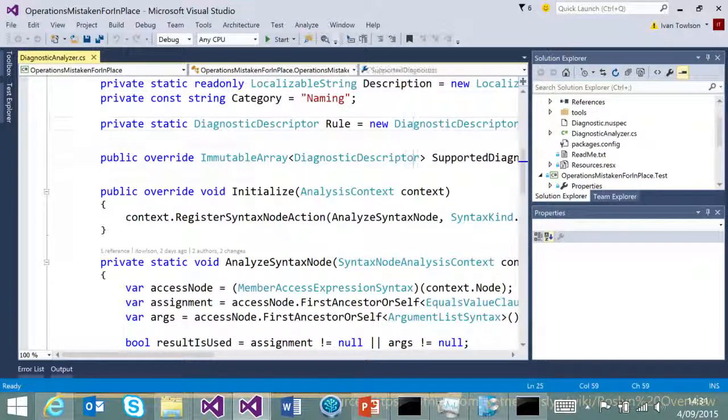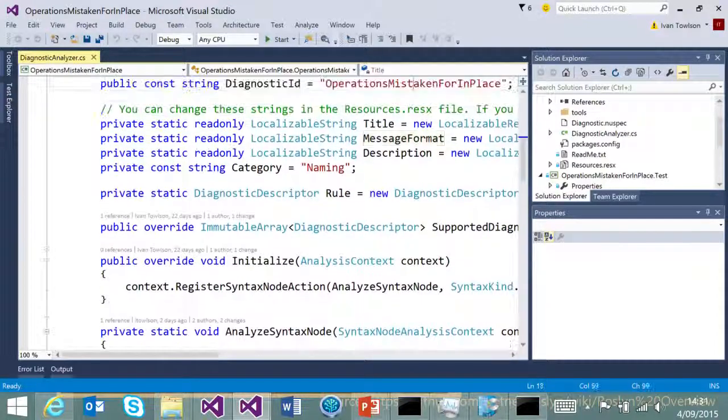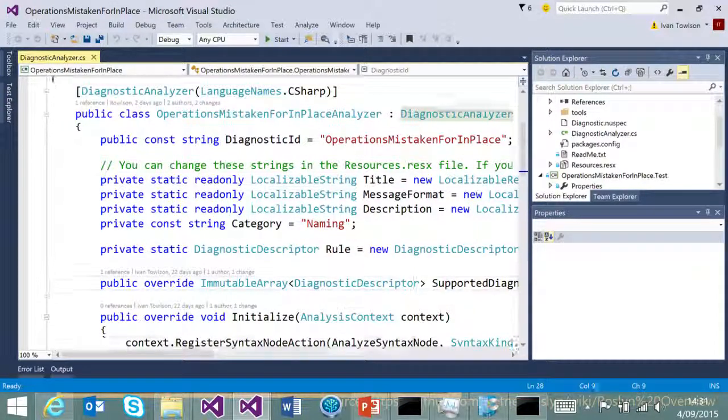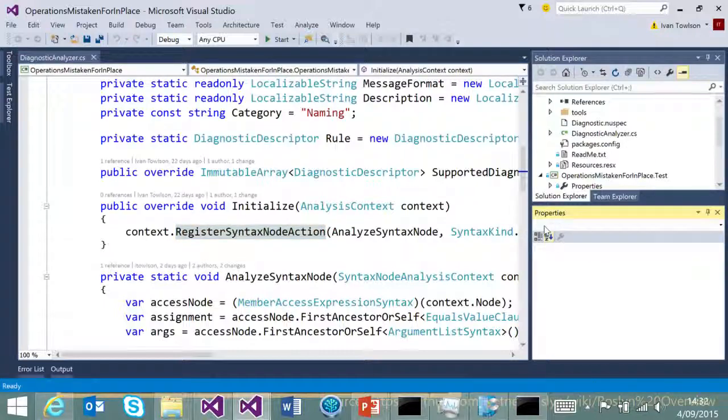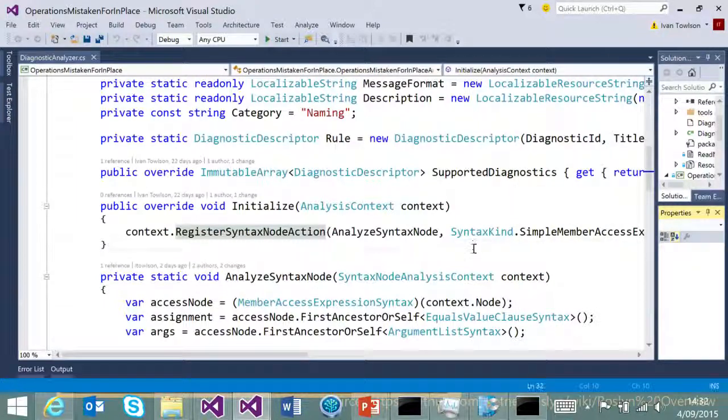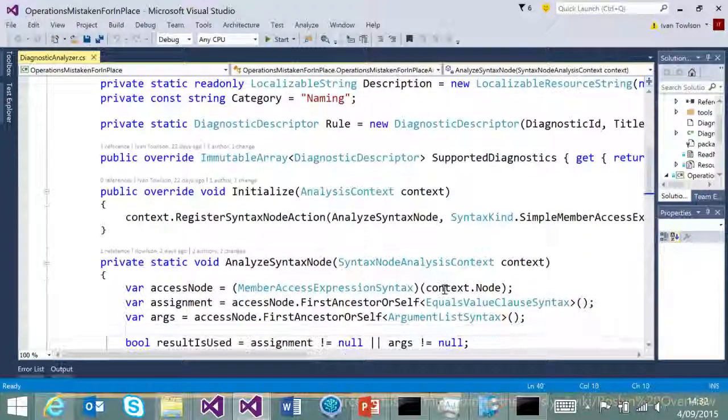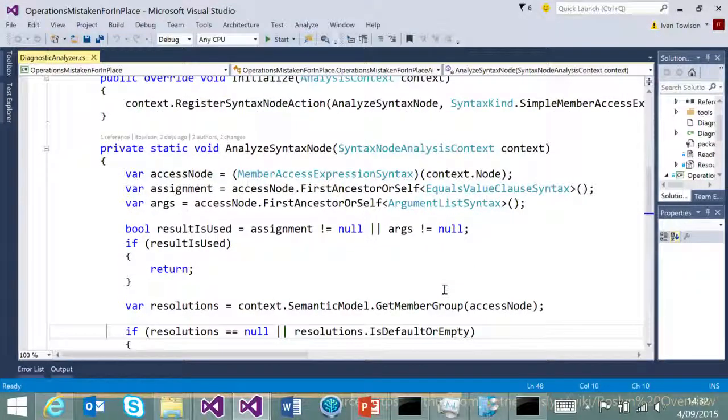So how does this work? Well, we've got the same kind of boilerplate. We have a diagnostic analyzer somewhere up here. Yep, there we go. In this case, we're looking at a slightly different kind of thing. We're doing a syntax node action rather than a symbol action because we're not dealing with a declared symbol. But what are we doing with it? Well, we're doing a lot of walking of trees by the look of it. So we're trying to find,